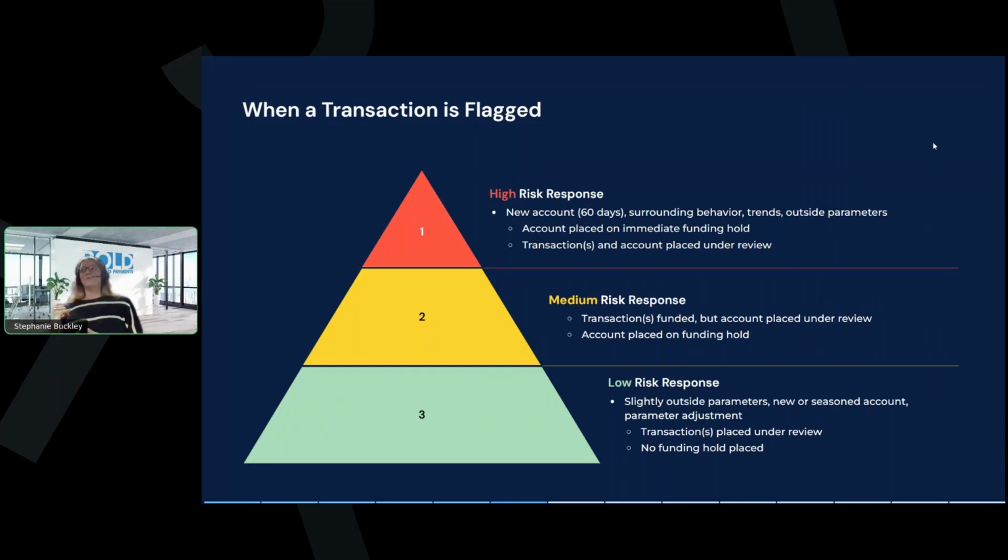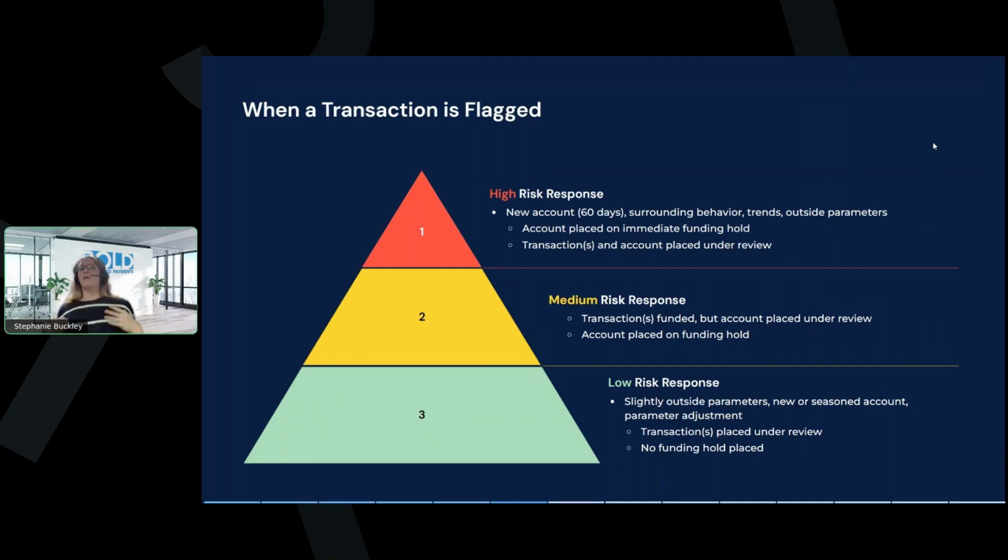Or what are the circumstances? What are the different variables that we need to understand to feel comfortable with this transaction? So the transaction would have gone through and they said, okay, fine, whatever. Then they go, but something's not really matching or adding up. And so I do want to just get some more information. So that's usually what will happen with a medium risk response.